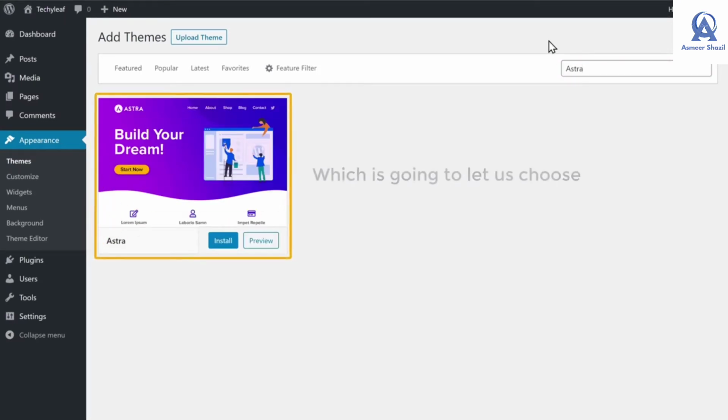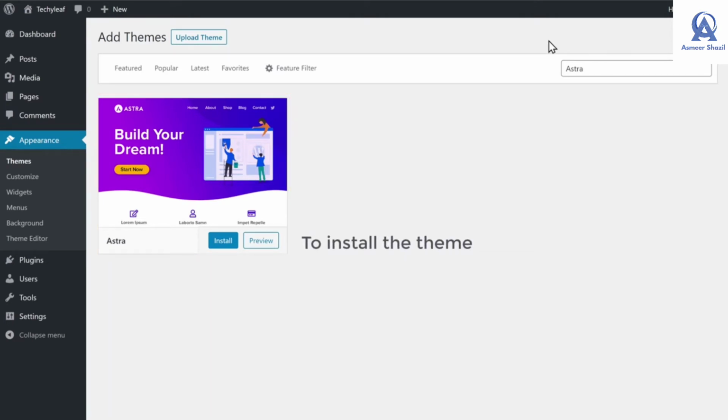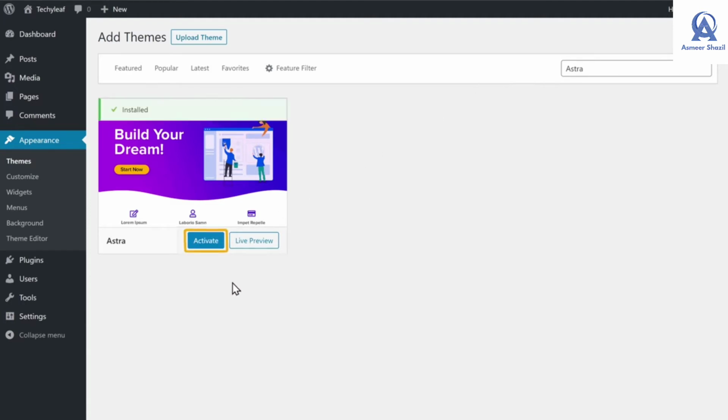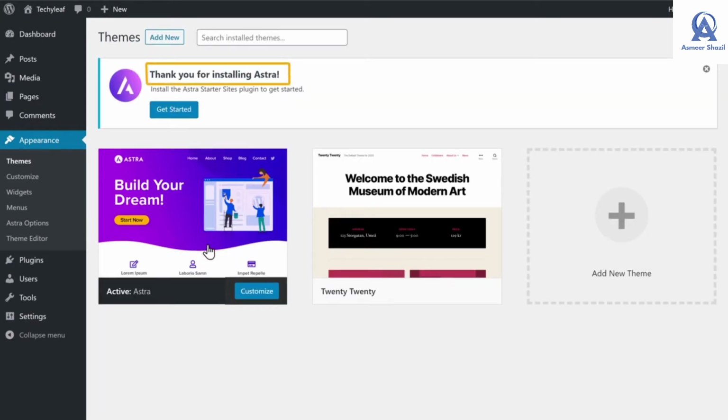Now this is the theme which is going to let us choose the website designs. So to install the theme, just click Install and then click Activate. So now we have installed the theme. Now to choose a design, click Get Started